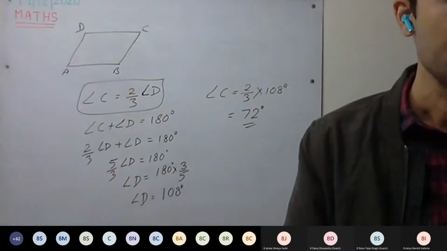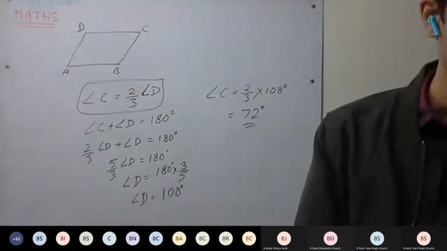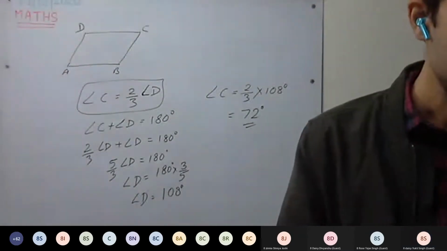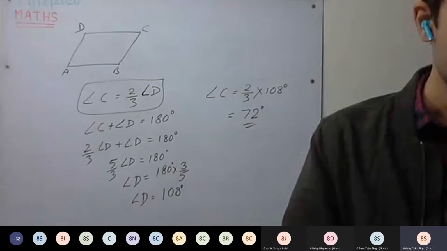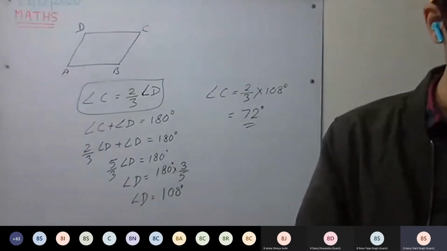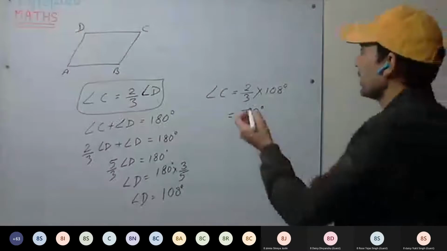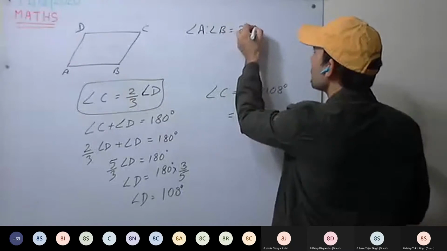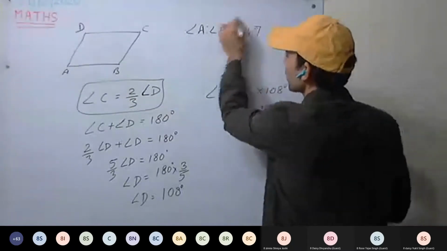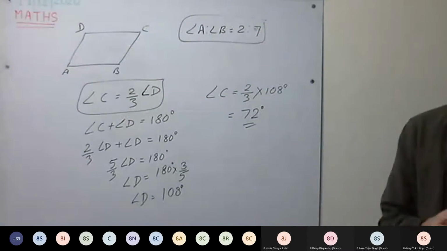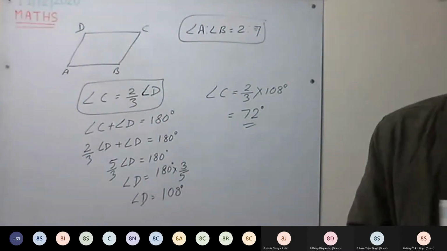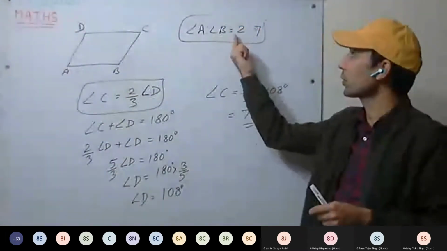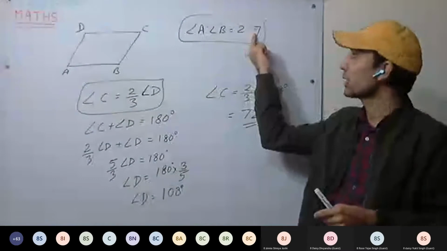Sir, explain the 8th one again. My network connection was lost. Okay, you tell me how you will be doing that one, the 8th one. It's fine if the connection was lost, but can you tell me how you are going to do that? It's given angle A is to angle B equal to 2:7. So how are you going to calculate? The ratio is given. Here is the parallelogram.